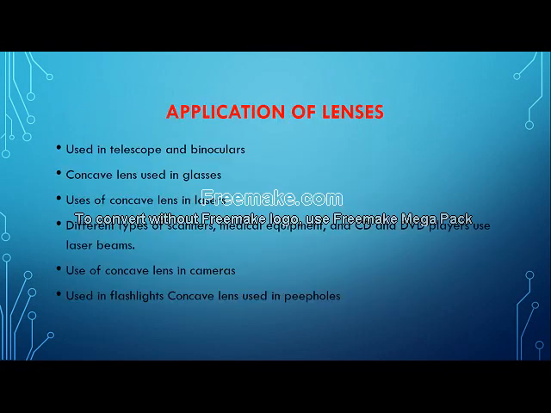Now let's go to the next topic. What are the different applications of lenses in our day-to-day life? Very importantly, many of you are going through online classes, children, for almost the last 5 to 6 months, and too much addiction to screen may affect your eyes. So children, please get yourself checked thoroughly by the ophthalmologist who checks the eyes. And in case you are wearing glasses, that means there are lenses. That is the first use of lens in our day-to-day life. So the specs that you all are using, application of lenses, वो पहला है.